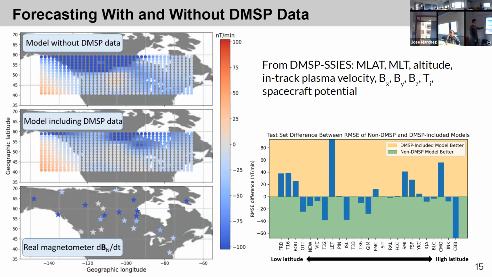the model with DMSP data included qualitatively has some smaller scale magnetic perturbation features, and even quantitatively gives much different results than the other model, which means that even if it's not the best predictor, the information about the magnetosphere-ionosphere system is definitely important. They may not be getting it right, but it definitely matters to the prediction.